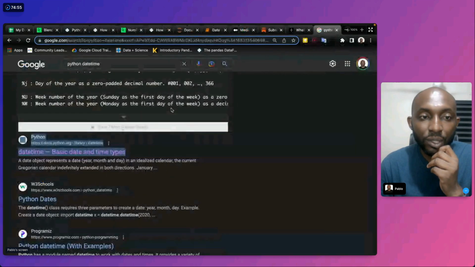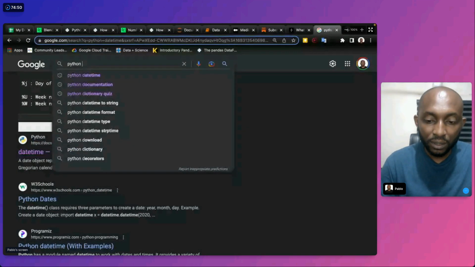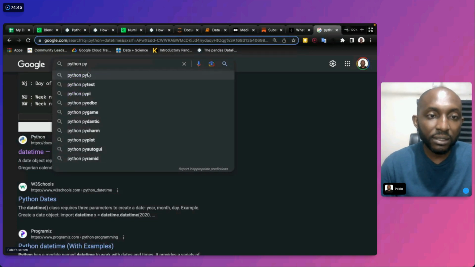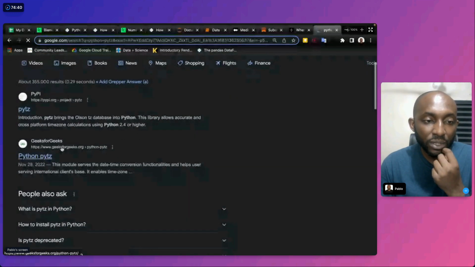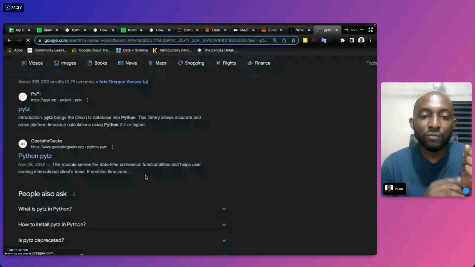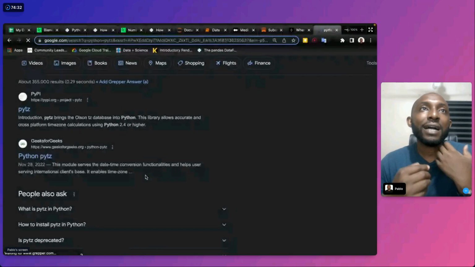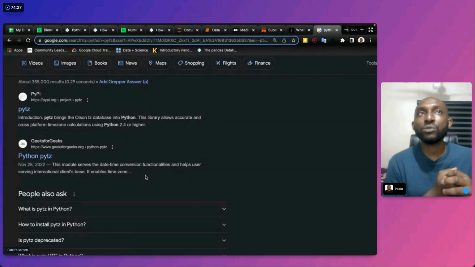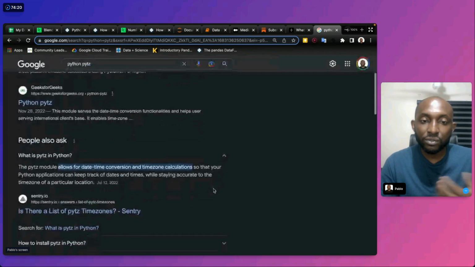Second, what we are dealing with is Python pytz. Again, it's a module. Look at that. It serves as datetime conversion functionality. So if the timing you're having is from a different time zone, this helps you to refactor it to your own time zone. That's basically what we are trying to do.